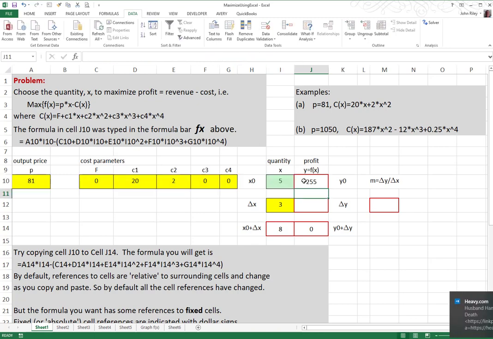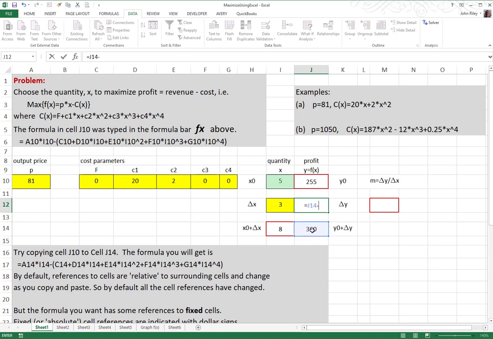And if I click on the cell, you see now that all the terms, our parameters, have been frozen. Now Control C for copy and Control V for paste, and that I believe. So let's put in here the difference in the y. We've got the difference in x, 5 and 8, and now the difference in y, it's equal to